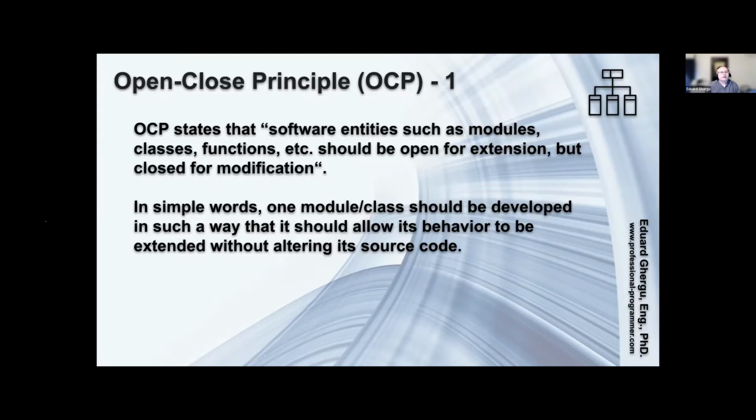The idea is to prevent changes to an existing piece of code that was already tested, is already in production, and works okay. Each change we perform against it will require, again, testing,